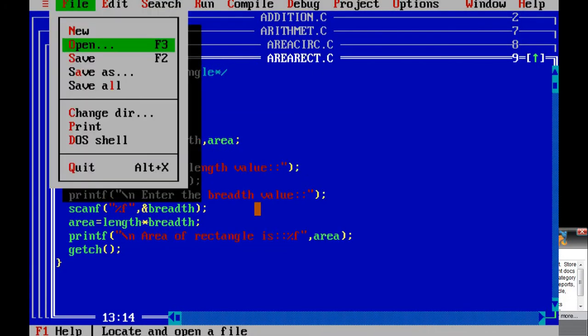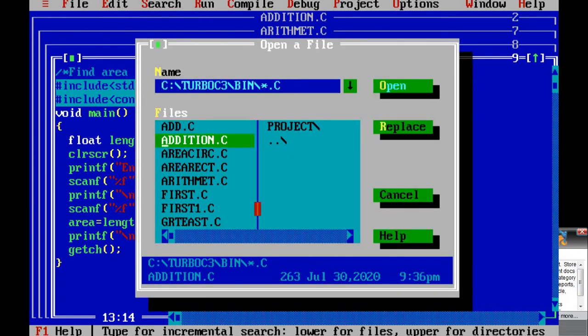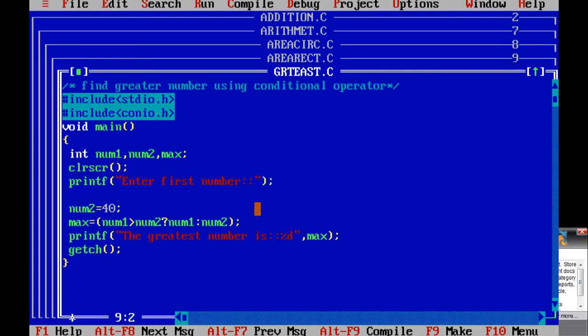Our next program is the greatest number. Right. So here also just remove number 1 and number 2. It is compile time initialization. Just write printf, enter first number, write scanf for it.